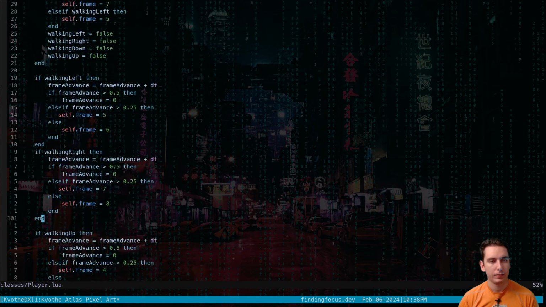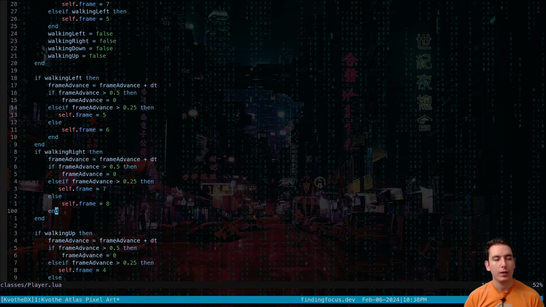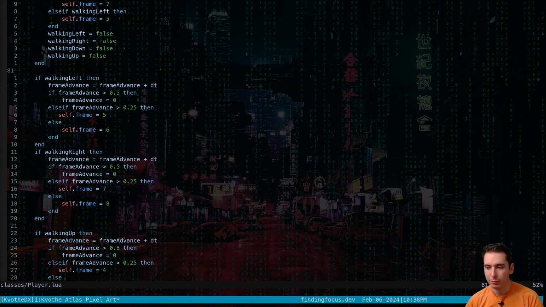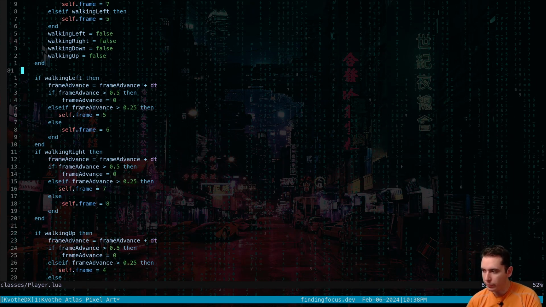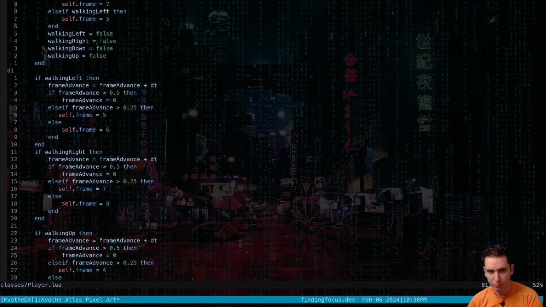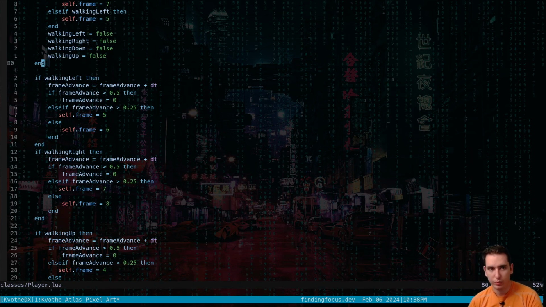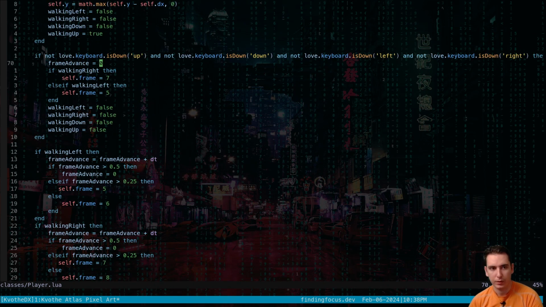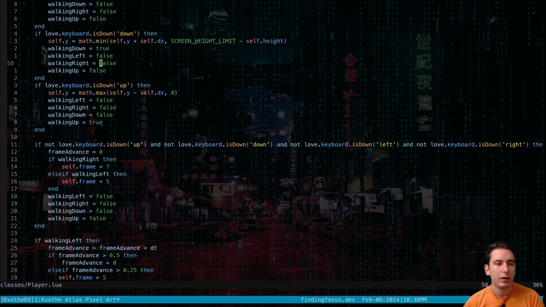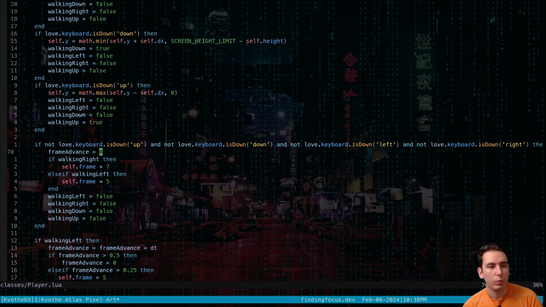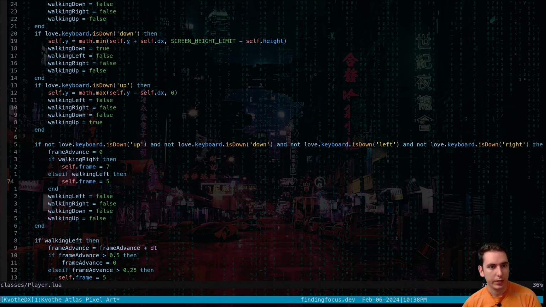Well, do we just swap it? Oh, that's because we have a default standing position. So if we have a default standing position when no things are being inputted, then all we have to do is make sure that the very first frame that we switch to when walking somewhere is the opposite frame. So we'll do this. We'll say